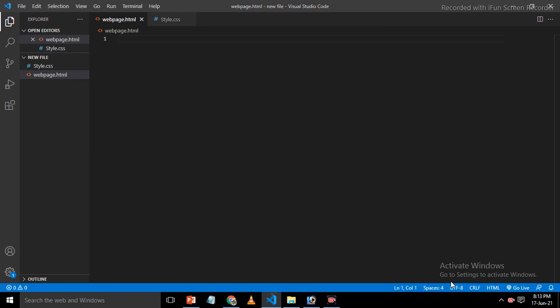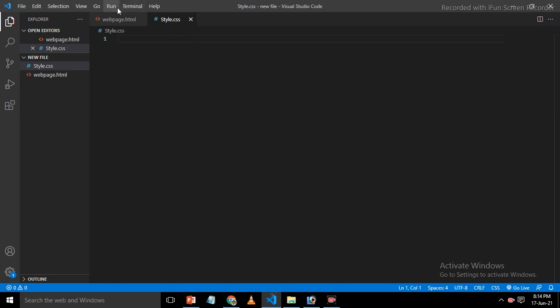The first one is named webpage.html, because with the .html extension the web browser knows in which language the web page has been written. And another one is style.css, because style.css gives the style to a web page.